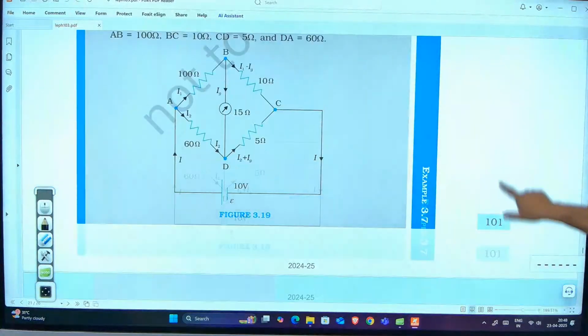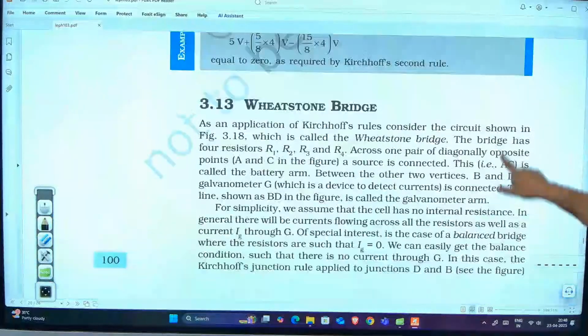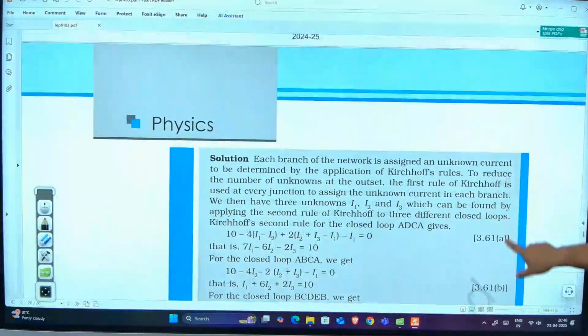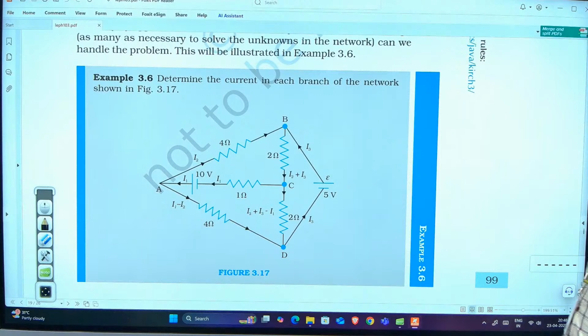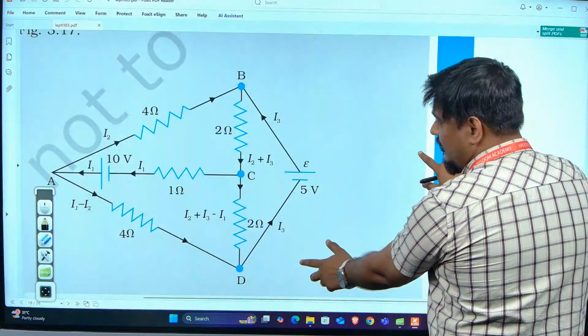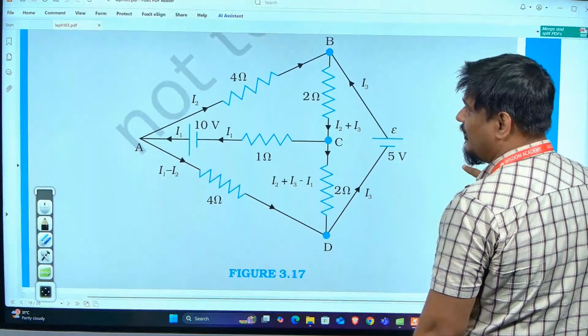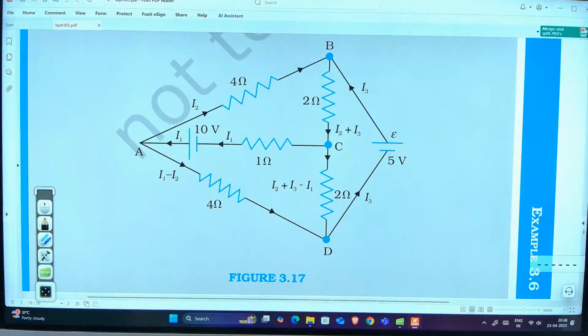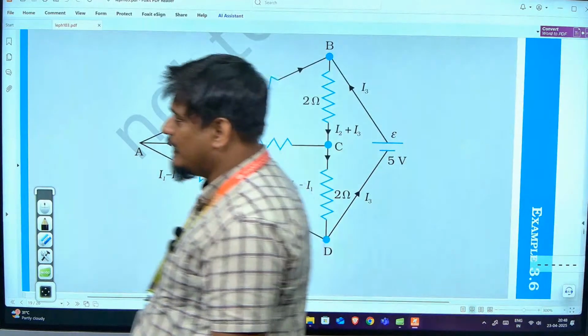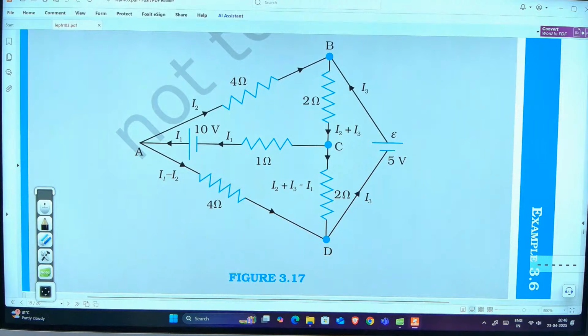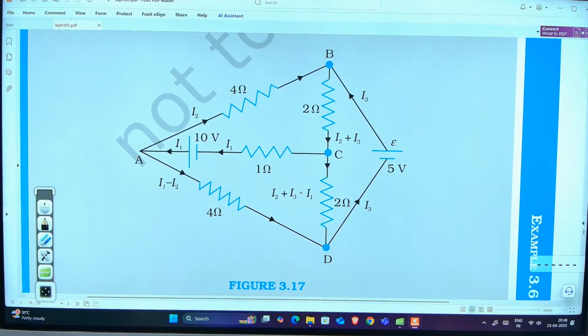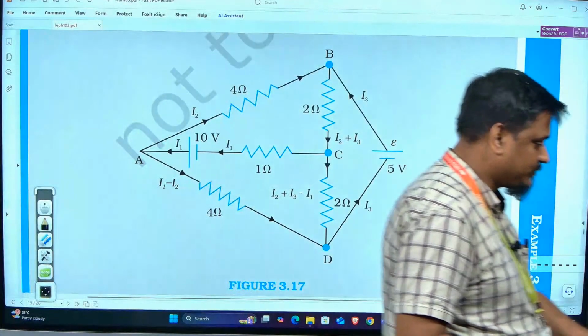Now will you try this question? Please don't see the book answer. You may take a different loop. Book may have taken a different loop. Answer should come same. Please try by yourself. I hope diagram is visible to everybody. If you don't have book, find I1, I2 and I3. Luckily, every direction is given to you. Just you have to solve and get the answers. Question looks complicated, but actually it is not. Only the equation solving is the main part. Give a try. Fast.